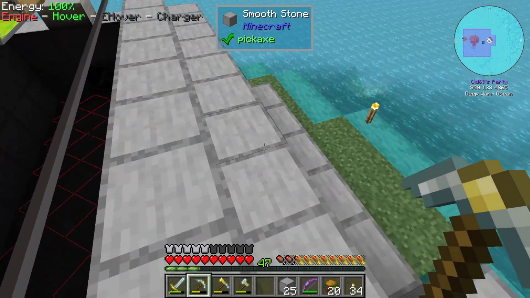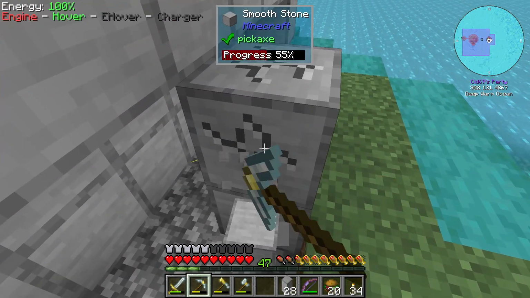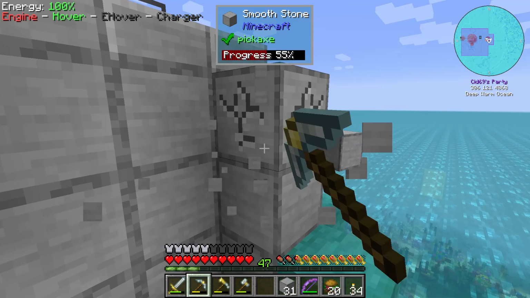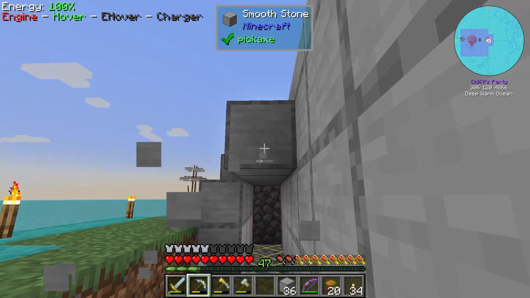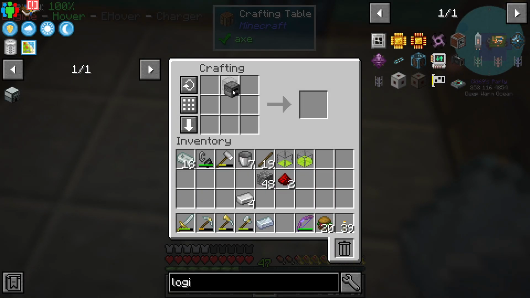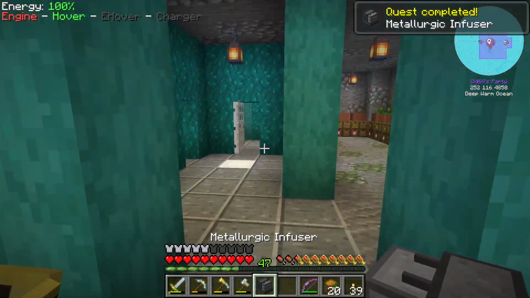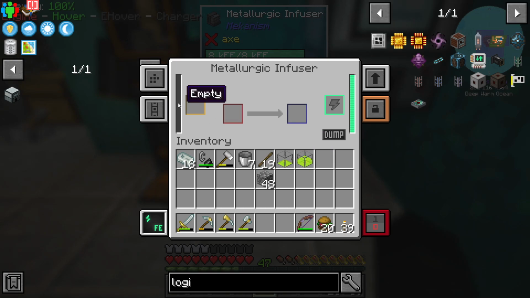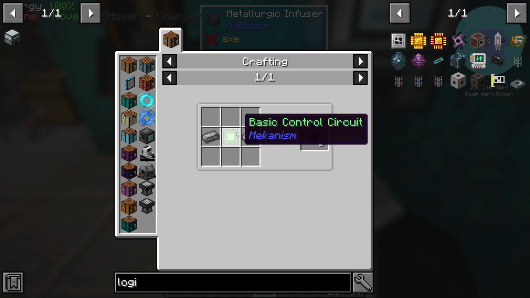Okay, let me get this tidied up and the island spawn safe, and we move on to the next thing, which is a sorting mechanism for the drops, because that chest is going to fill up in no time at all. So I'll be back in a second. Right, so now we've got the basics done. The next thing is to work out, as we said, the storage situation, and for that we are going to need a metallurgic infuser, which I will power off of that. And we're going to make logistical transporters, which will go,